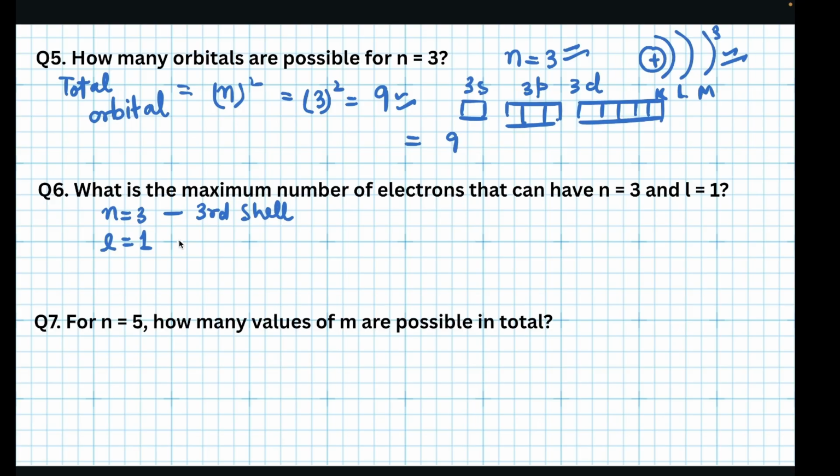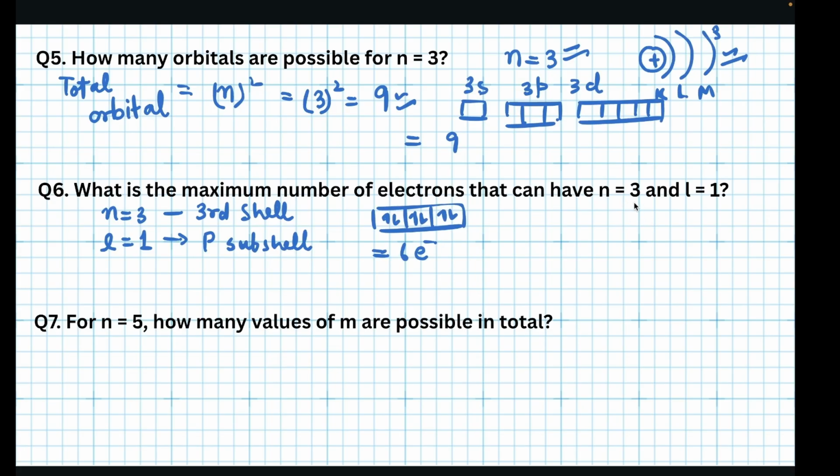And l is equal to 1, that means p subshell. So as we know, there are 3 orbitals in the p subshell, and each orbital can hold 2 electrons. So the maximum number of electrons is 6,